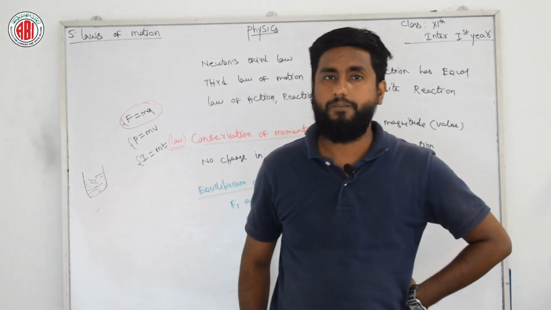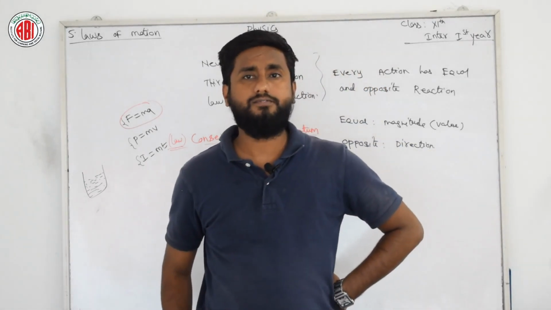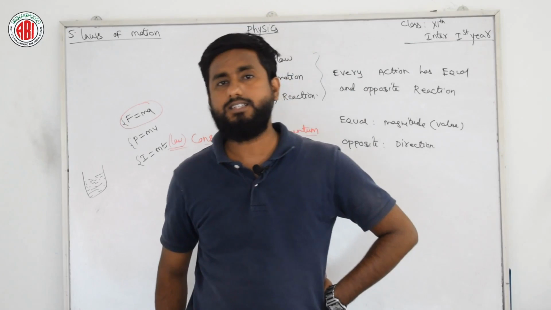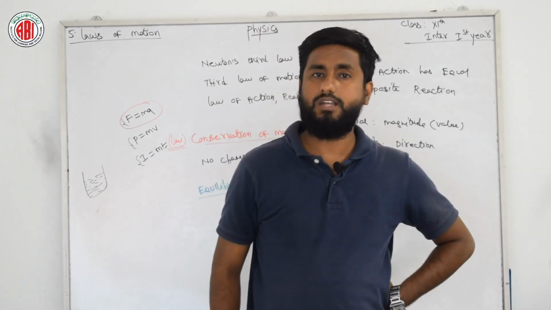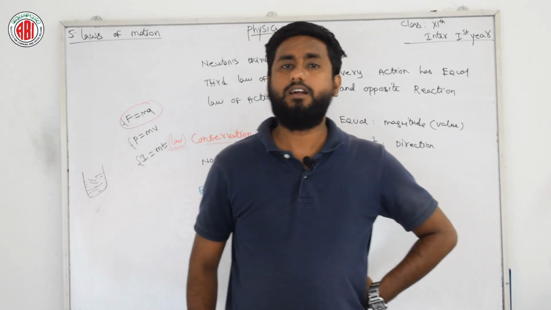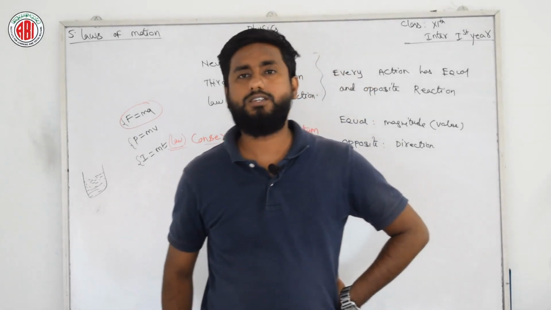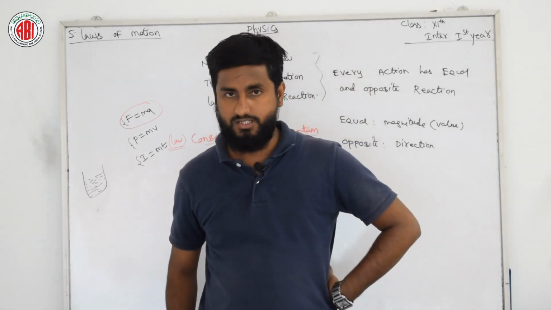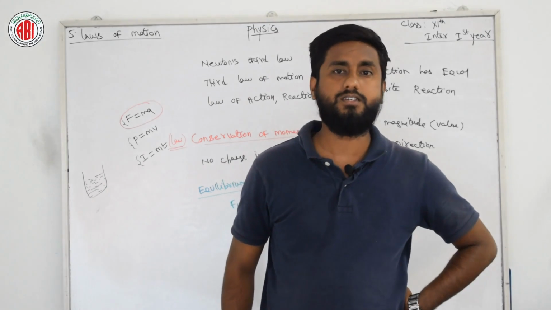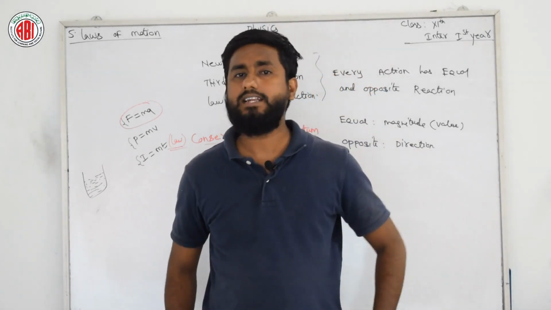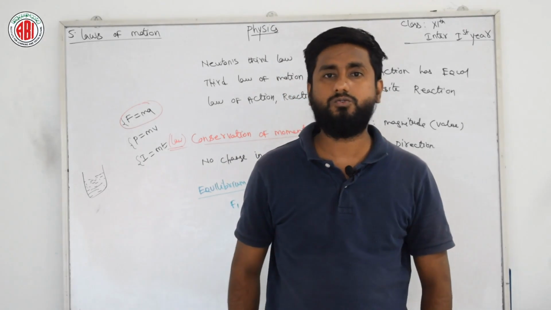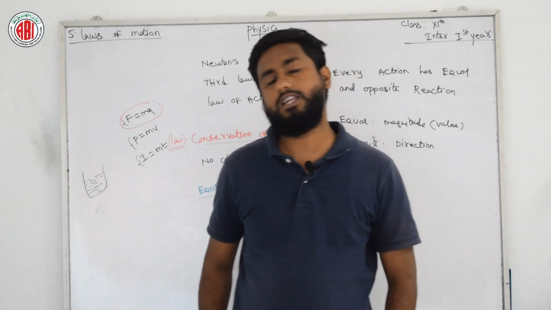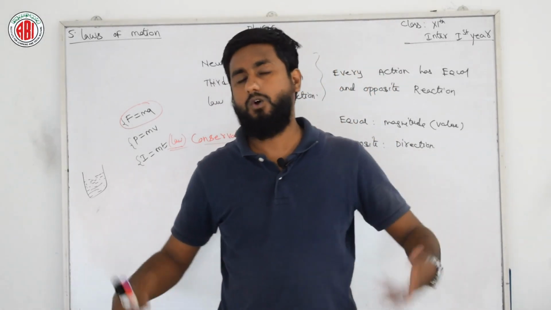So listen carefully. Friction force is the force applied by the surface of an object when another object is moving against it. Friction has two types, static friction and kinetic friction. Static friction is the friction force acting between the surfaces of bodies when there is no relative motion. The maximum value of static friction is known as limiting friction and is given by F equals mu s n, where mu s is the static friction coefficient and n is the normal force.